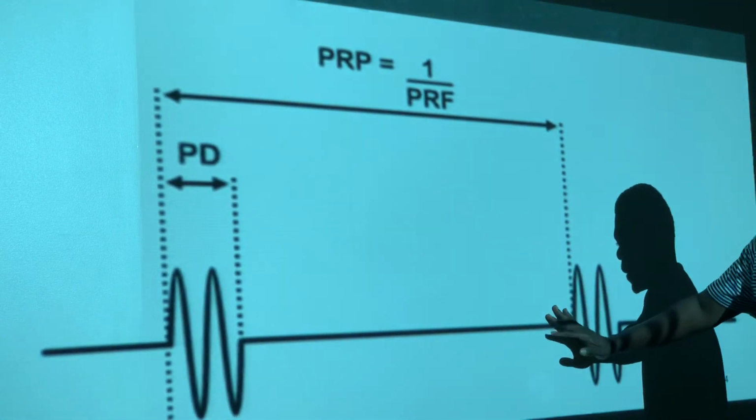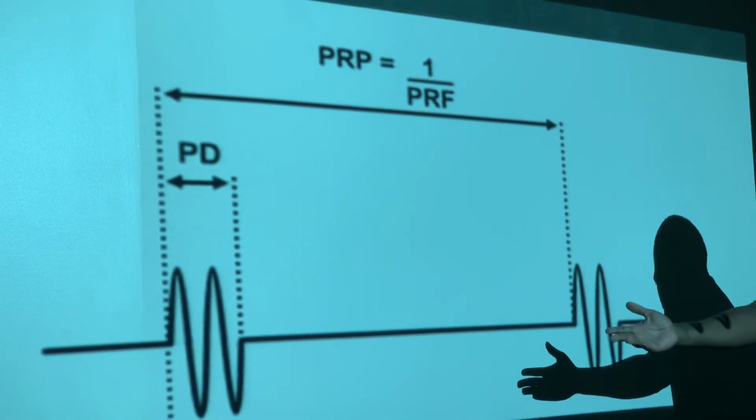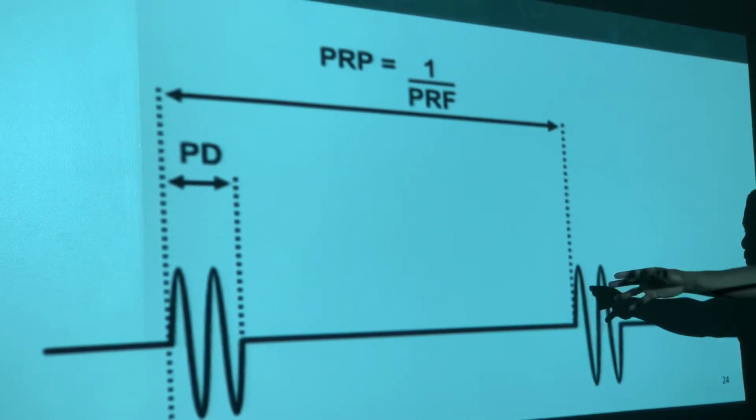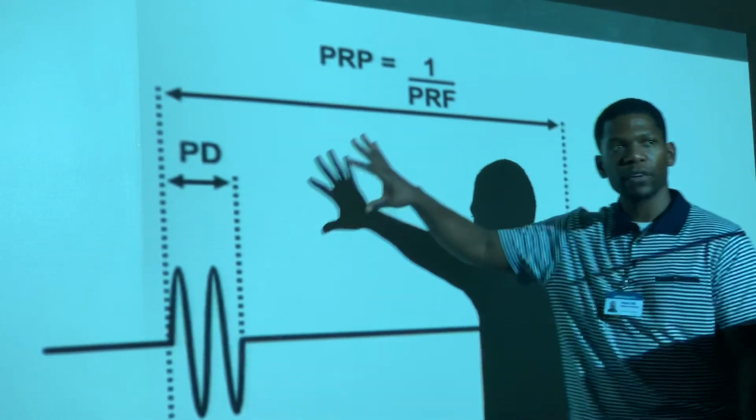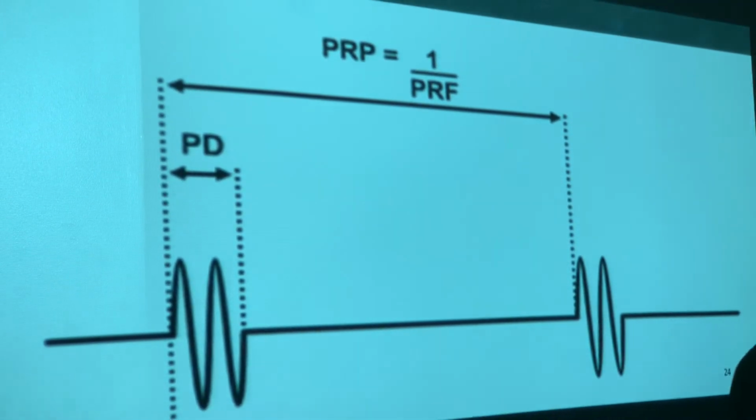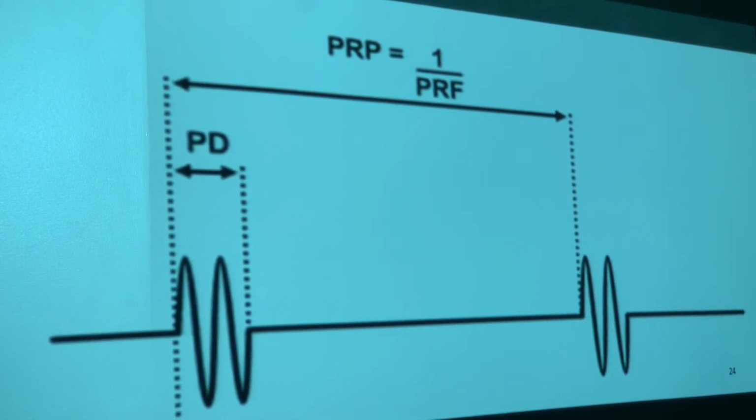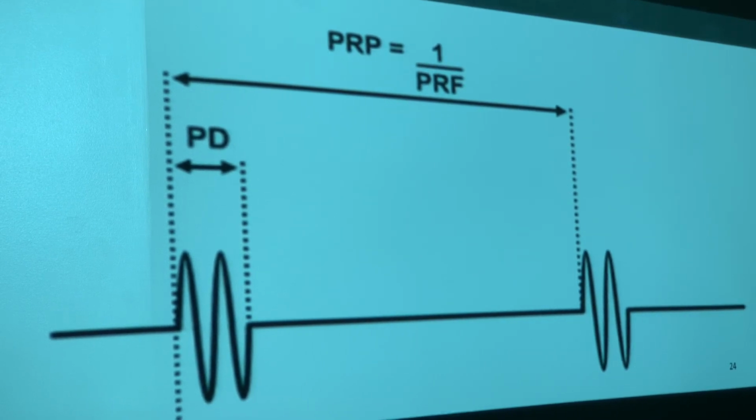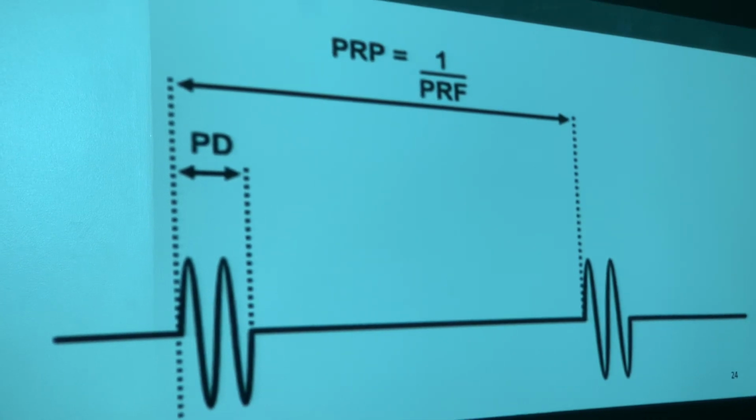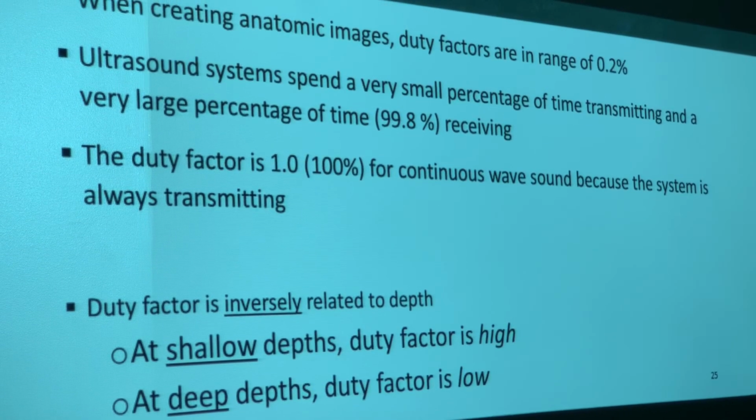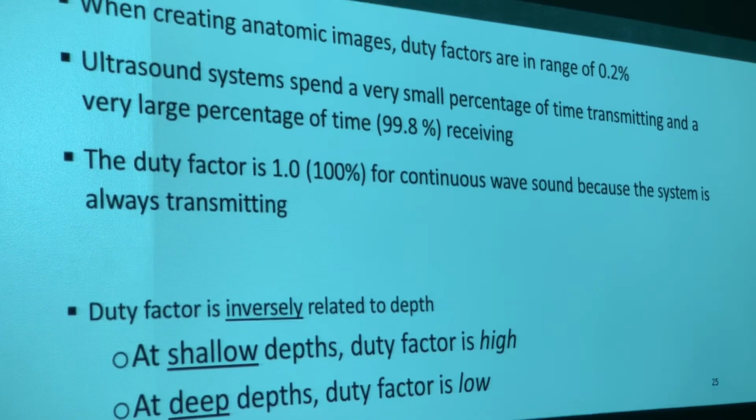If my pulse ended right here, it looks like it's about a quarter of it or something like that. Maybe four pulses can fit in this space right here. I'm just taking a percentage of the pulse duration over the pulse repetition period. Was that an okay explanation? Yeah, you're just looking at the pulse. You can almost eyeball it sometimes, but there is a formula for it, to find that percentage. Absolutely. Okay. So when creating anatomic images, the duty factors are in the range